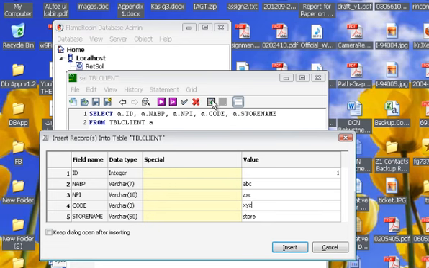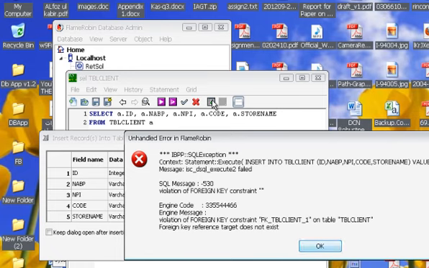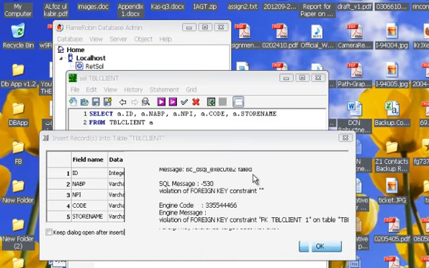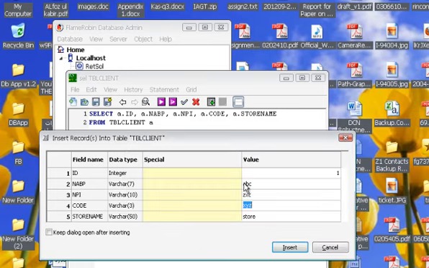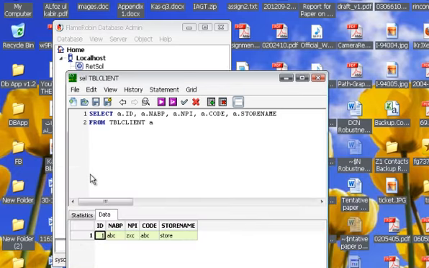So let's change the code field to ABC and now try to insert it. And now you have seen that the row is successfully entered into the database. So let's commit it